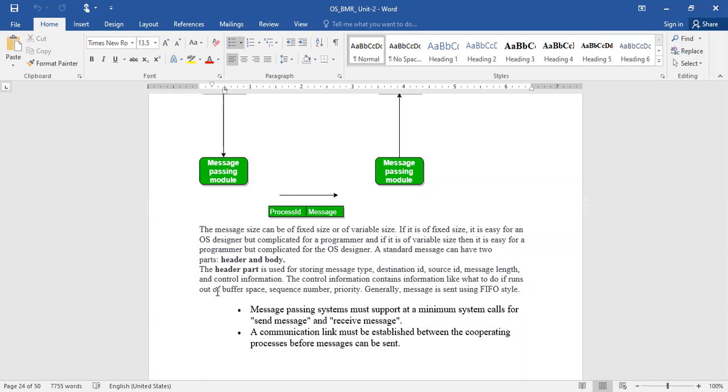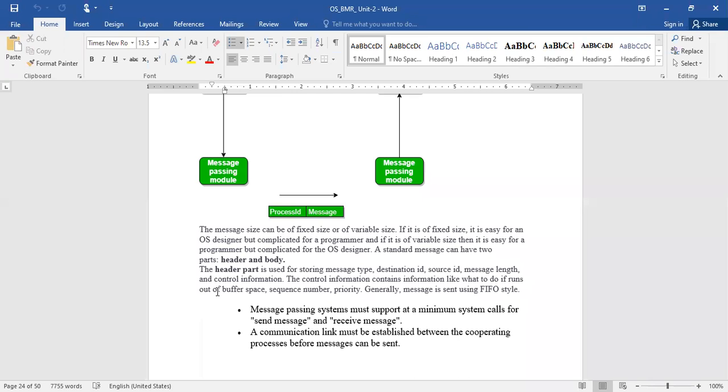Suppose 10 blocks are there, the first block has been transmitted, and the second block needs more than the available capacity. How could that be handled? All this is placed in the control information part.